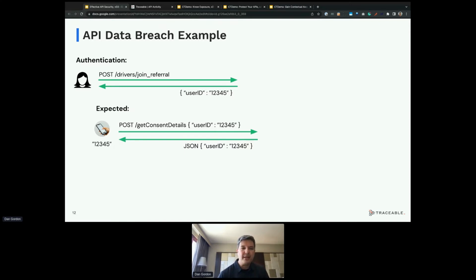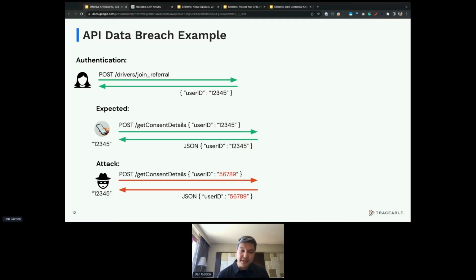That's the plan. And so this API then is going to get the ID and then send back an object that has the information for this user.